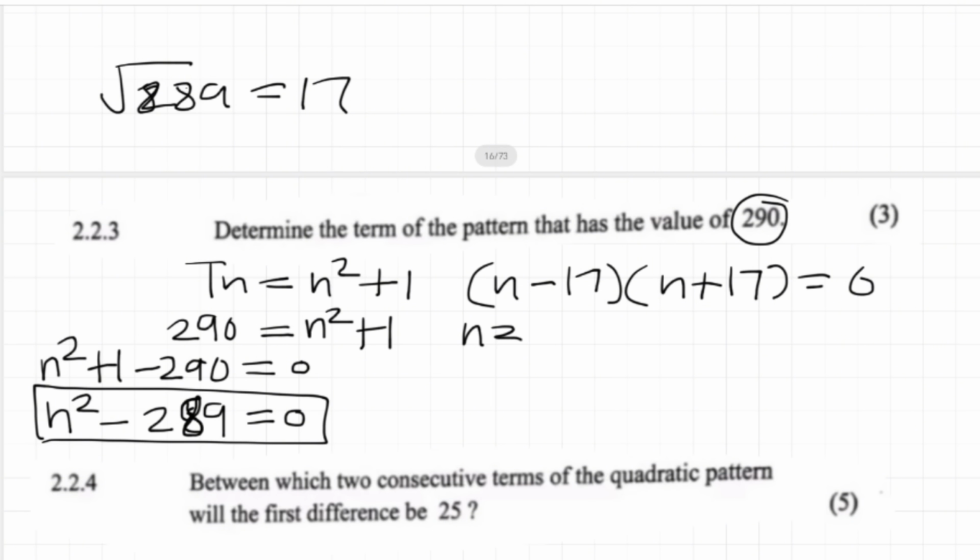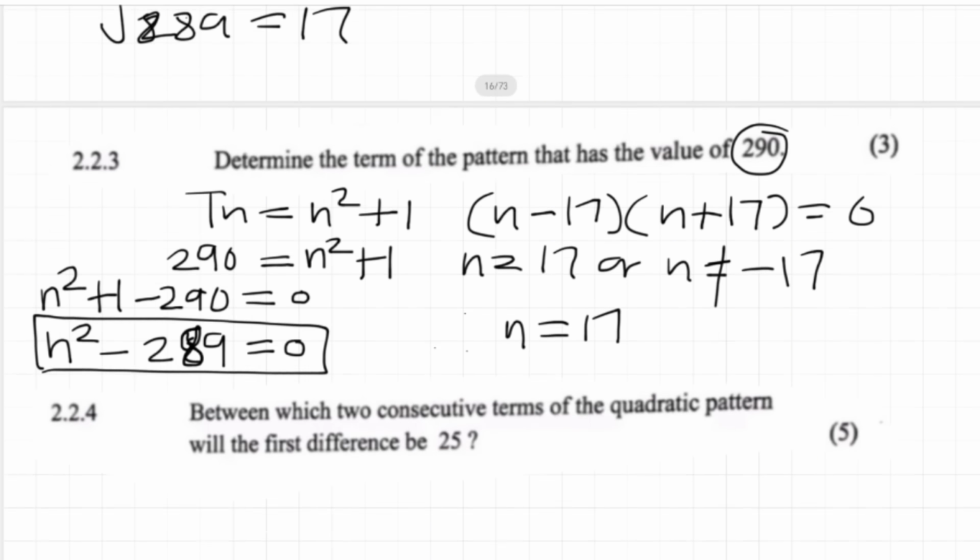And n is going to be equal to 17, or n is going to be equal to negative 17, but it cannot be equal to negative 17 because the number of terms can never be negative. So therefore n is equal to 17. Perfect. So moving on to